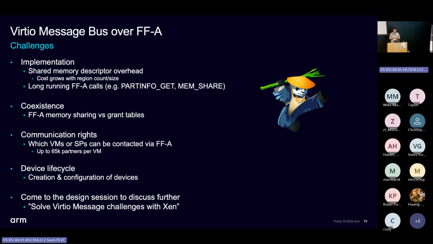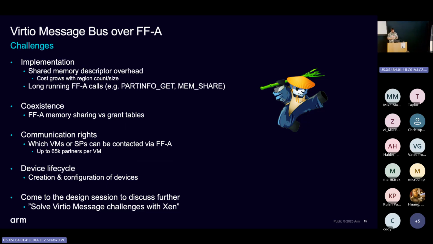The third one is the communication rights. As said, there are 65,000 possible other elements on your system, and we need to define somehow who can communicate with whom. We cannot allow anybody to communicate with everybody. So we have to find a way to first configure and then store that this VM has the right to communicate with VM 1, 10, and 100 and secure partitions 1 and 4. We need a way to store this that scales and that is fast enough to parse without doing too much